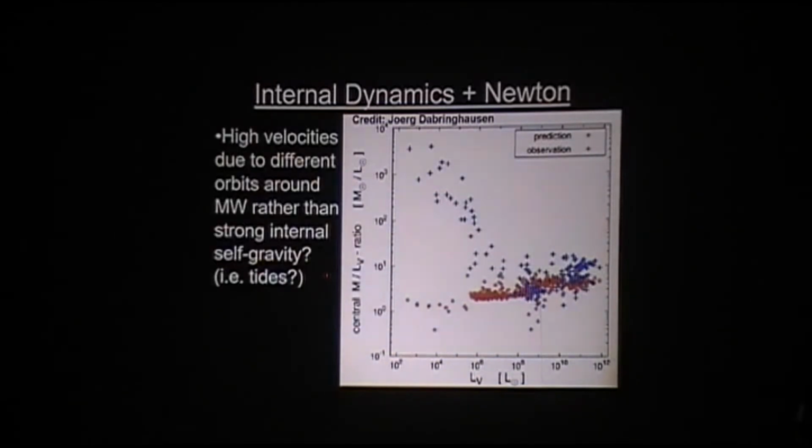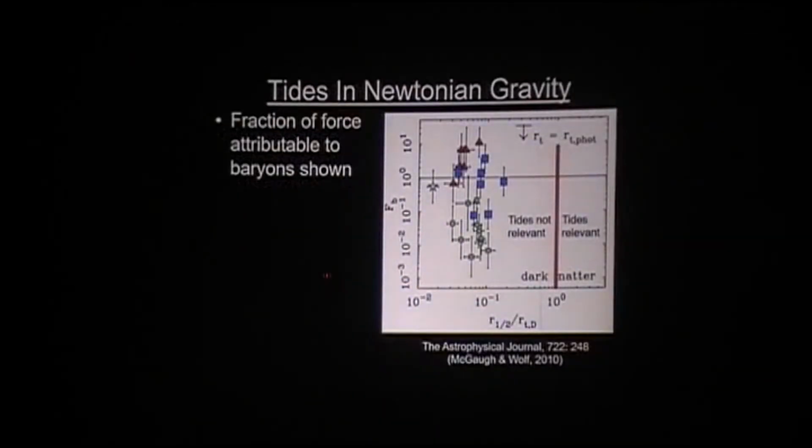So the high velocities, high velocity dispersions I should say, could be due to tides basically, kind of disturbing them. So they're not in equilibrium internally. That's a possibility. So people try to test that by plotting, so this basically shows you how disrupted the objects should be by tides. And this is kind of the limit.